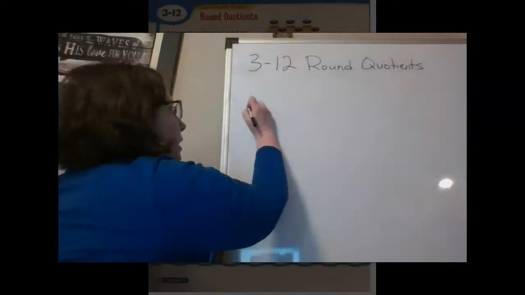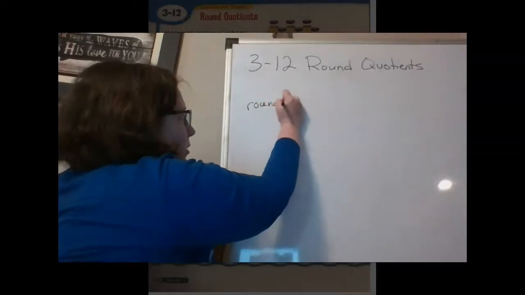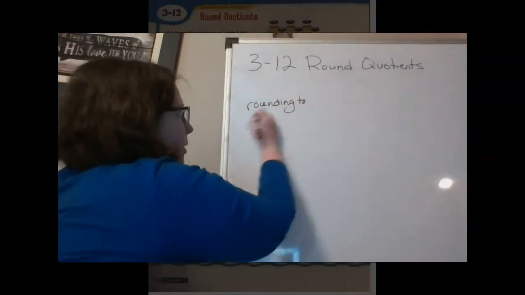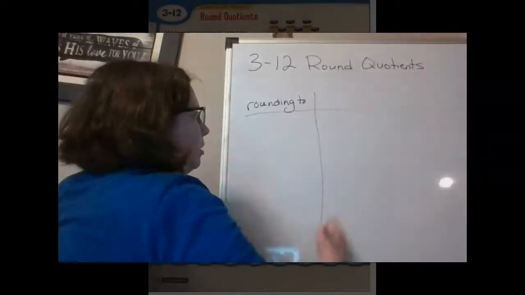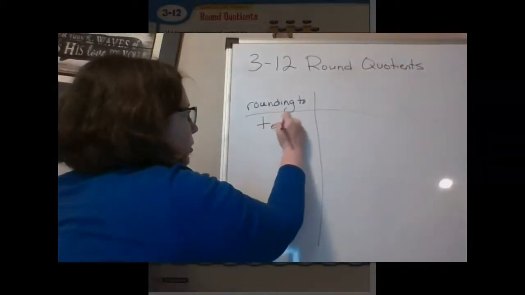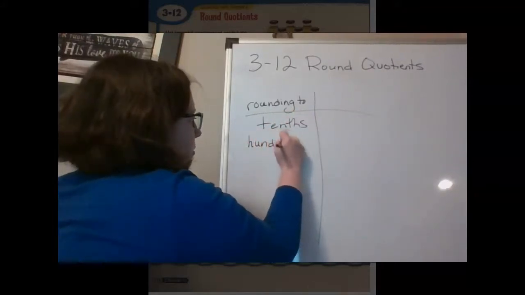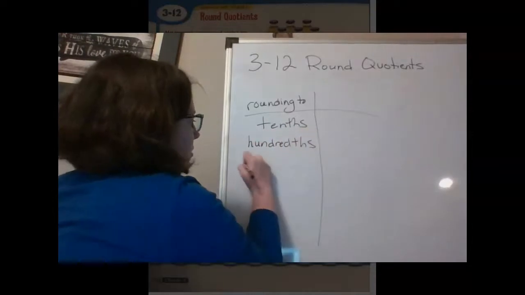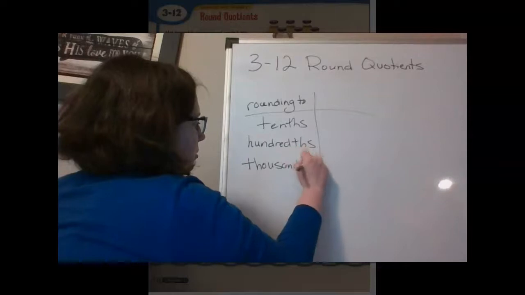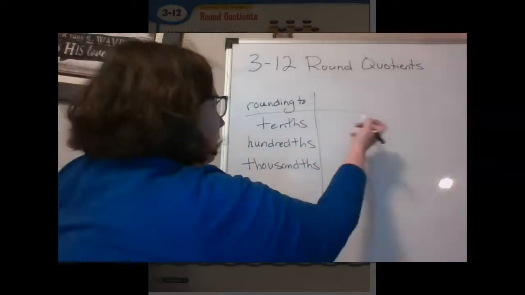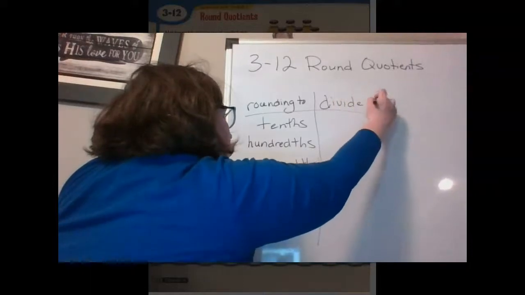So I'm going to say for my headings here, I'm going to say rounding to, and then we can put tenths, hundredths, thousandths, and I'm going to say divide to,